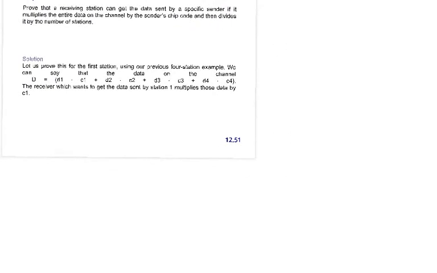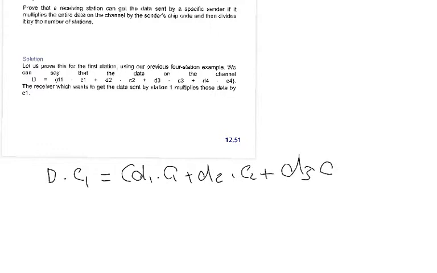If a station wants to get D1, this means that we need to multiply the composite signal by C1, which is D1 times C1 plus D2 times C2 plus D3 times C3 plus D4 times C4,